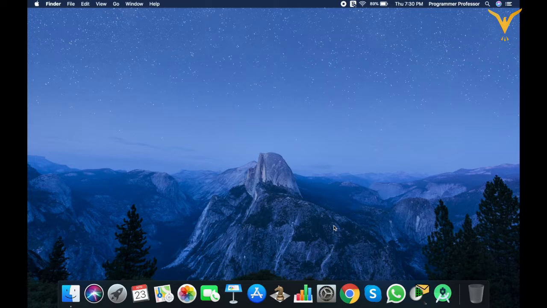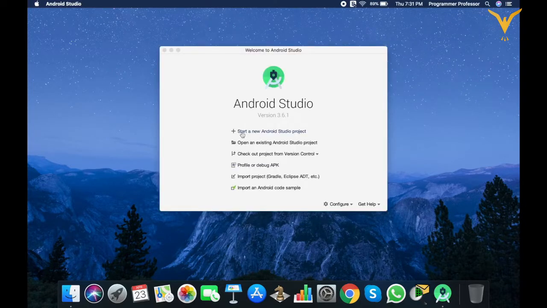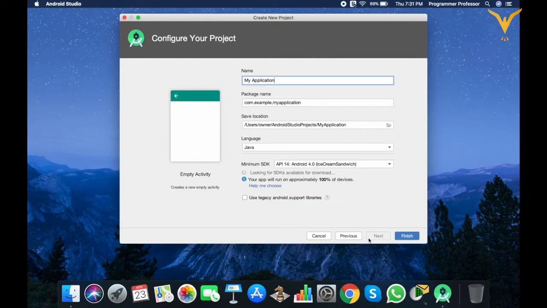In this video we are going to check the concept of images and logos, and how we can add these images and logos to our Android application activity. For that, open your Android Studio. So create a new project, select this empty activity, give the name as images demo, then select these options as per your requirements, click on finish.